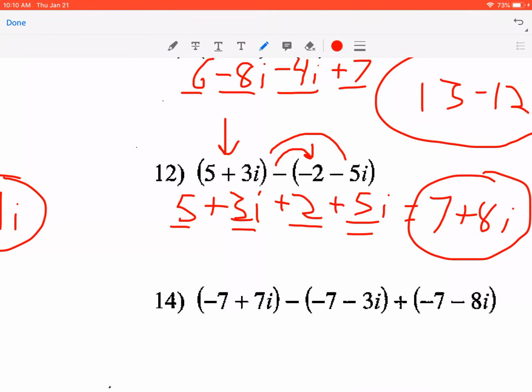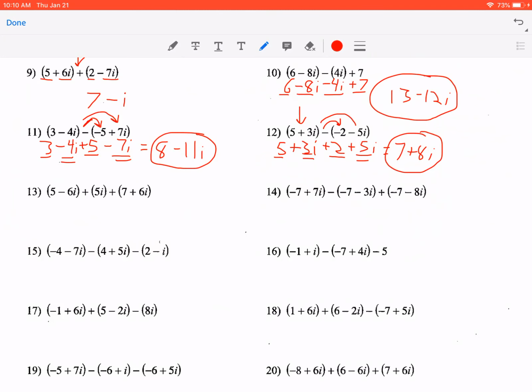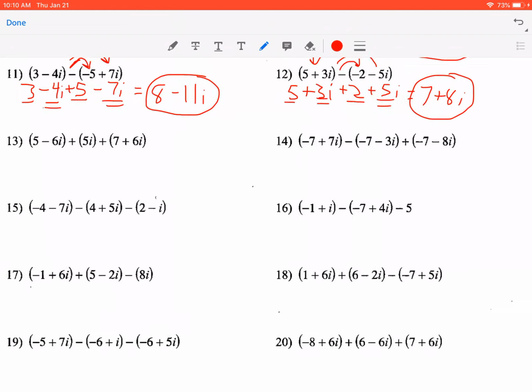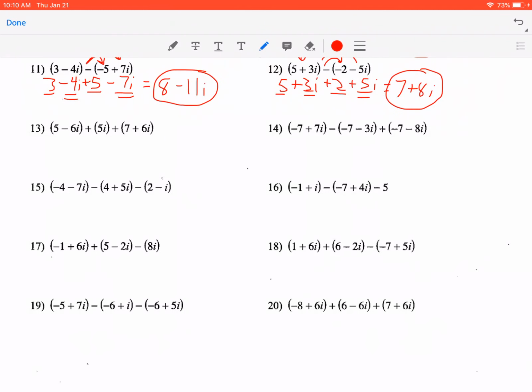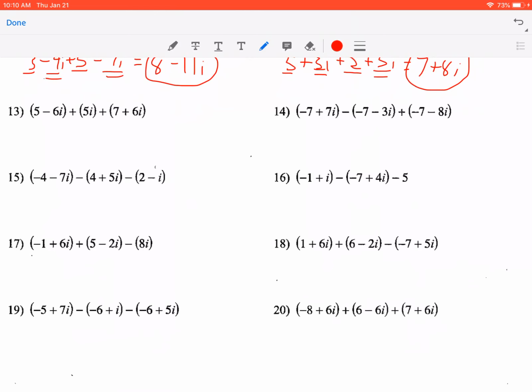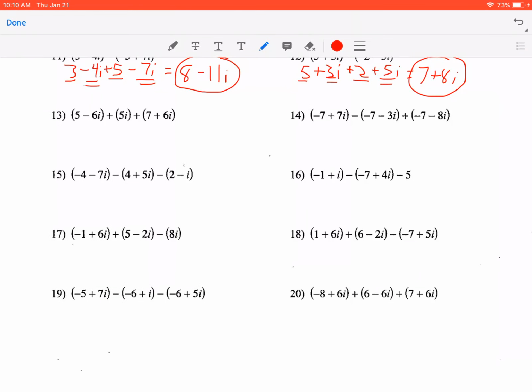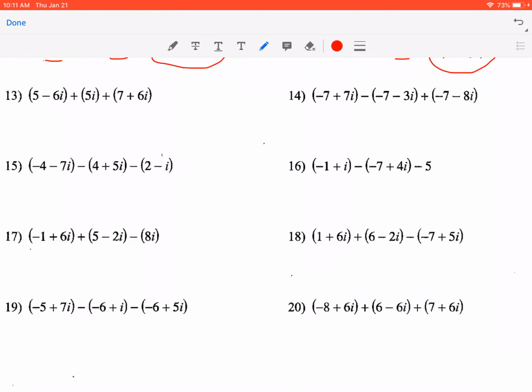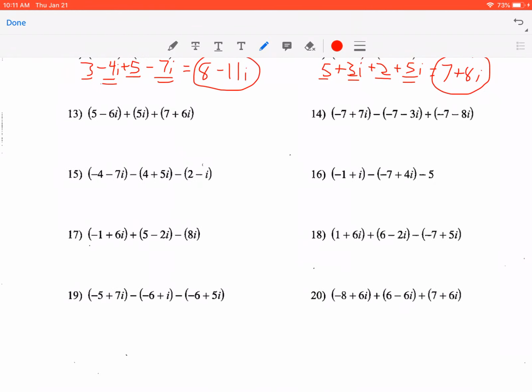All right, so for homework, you'll see it listed under the assignment folder, but it's the same page, 13 through 20. If you print it off, just show your steps, show your work. Or you can write these problems separate, show your work, but make sure you screenshot it and upload it back, and make sure you have it turned in by the due date. All right, so again, your homework is just